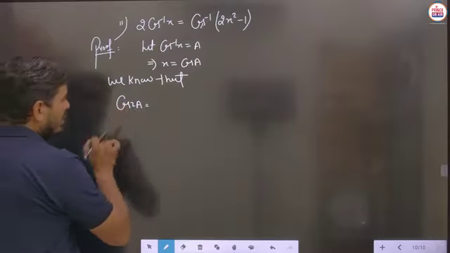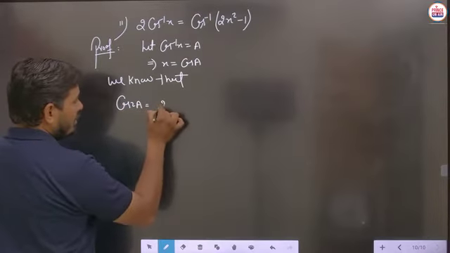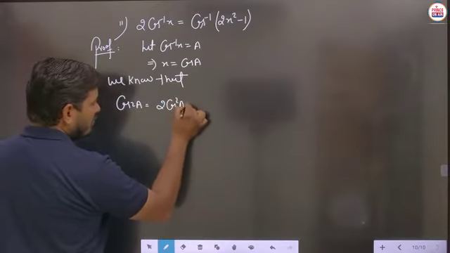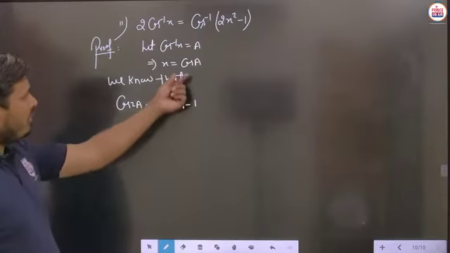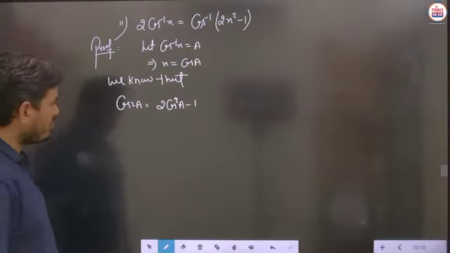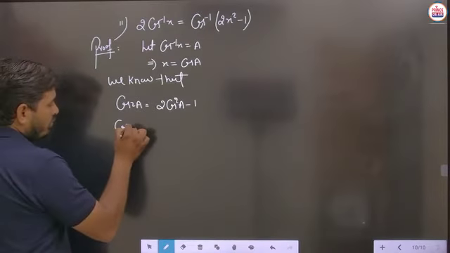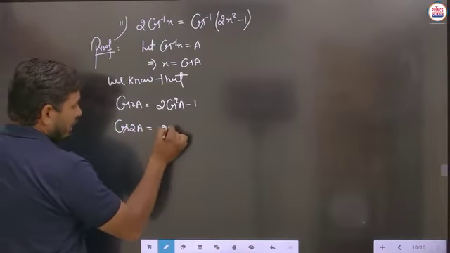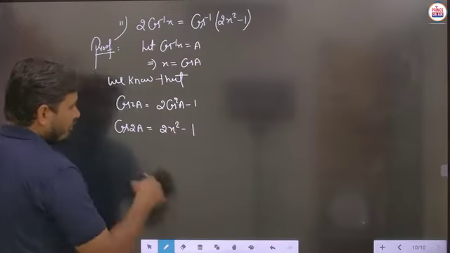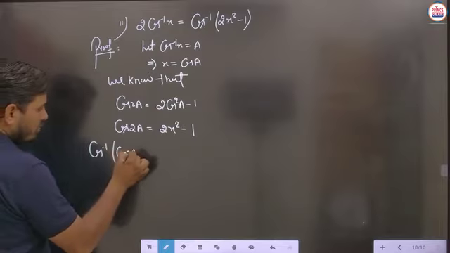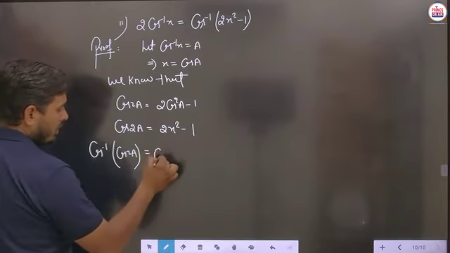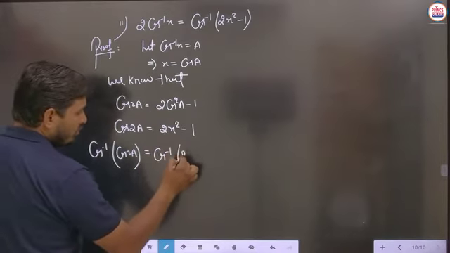So basically cos 2a we have to write in terms of cos only, as 2 cos square a minus 1, because you know very well about the cos a, that should be written as x. So you will write cos 2a equals 2x square minus 1. Now we have to take the inverse both sides. So cos inverse of cos 2a, and here you can write cos inverse of 2x square minus 1.